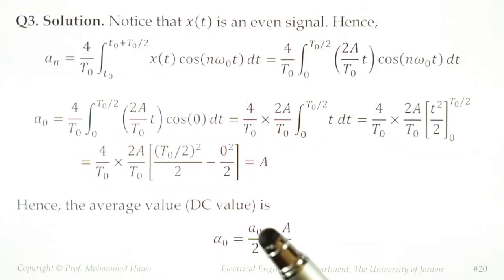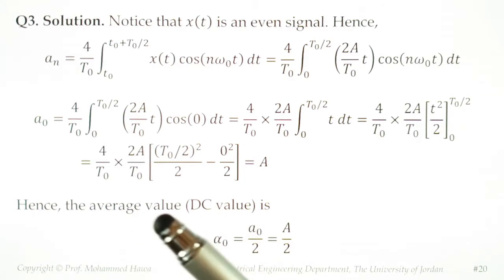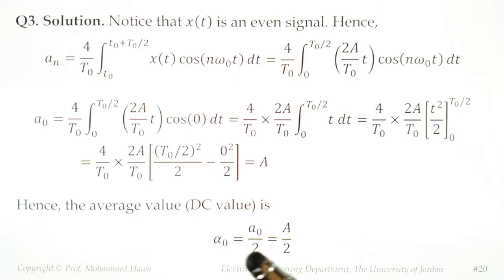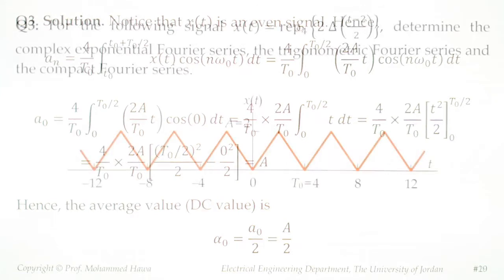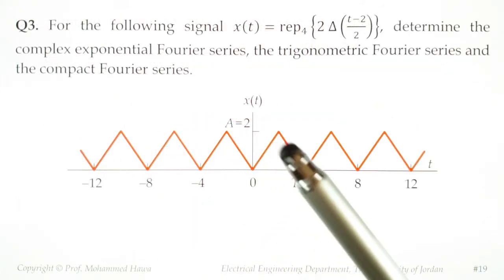If you divide a naught by 2, you get the DC value or the average value of the signal, which is A over 2, which is, by the way, the same as alpha naught, which is the 0th coefficient for the complex exponential Fourier series form. The answer A over 2 makes a lot of sense because the area under this triangle for one period